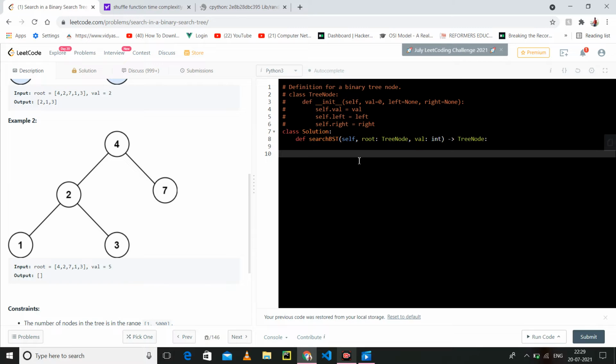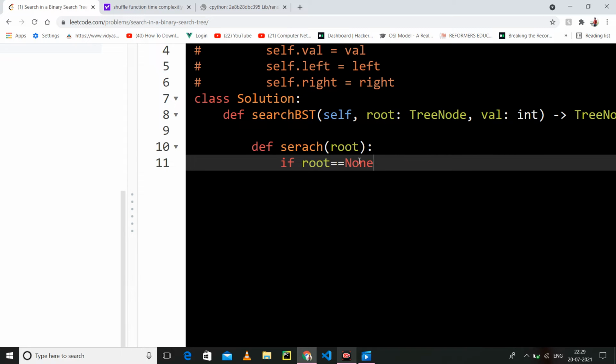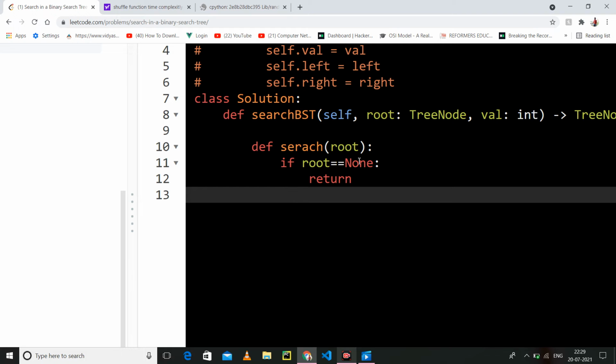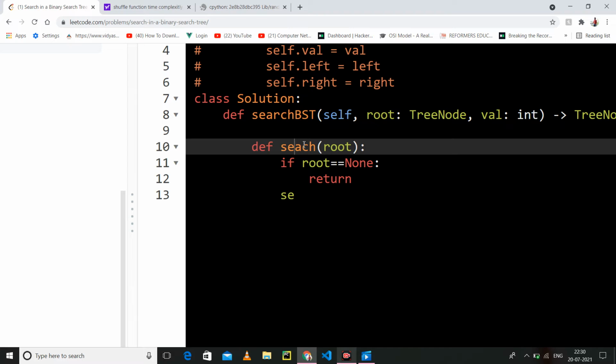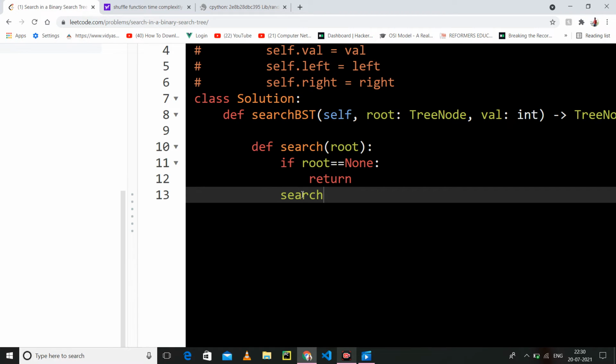So first let's make a function as search. This is our root. So if our root is equal to None, we have to just return it. Else otherwise, I have to call root of left, or